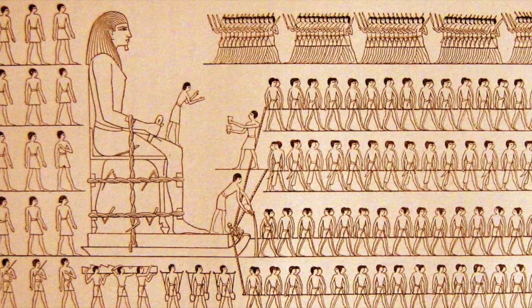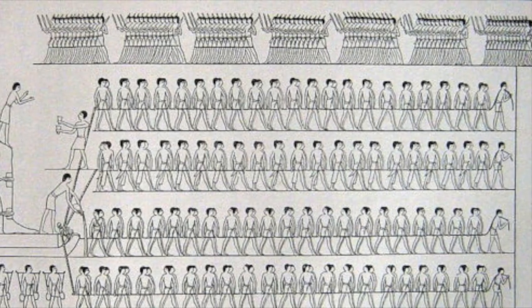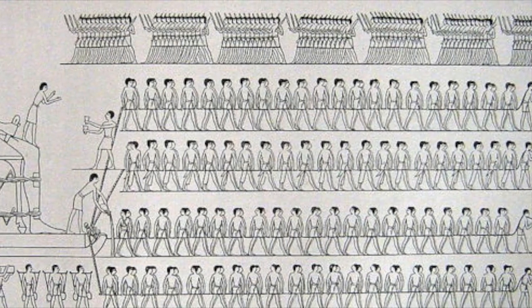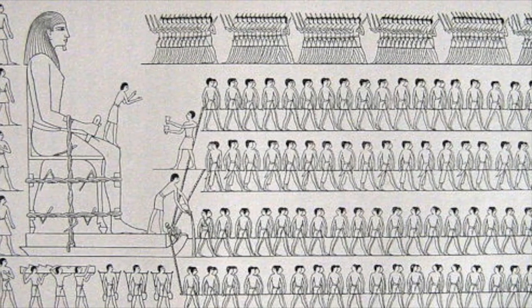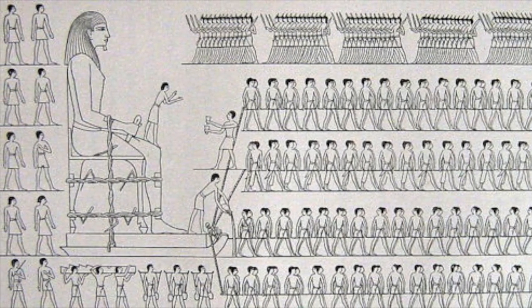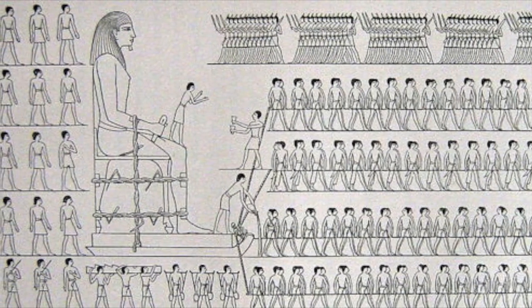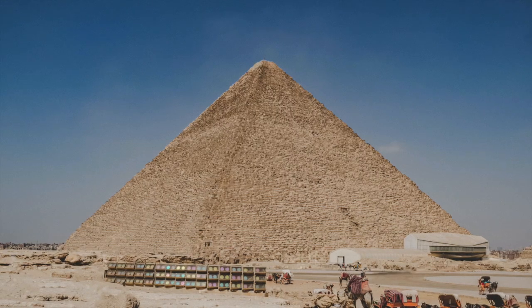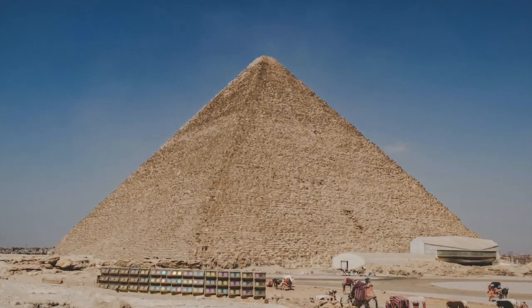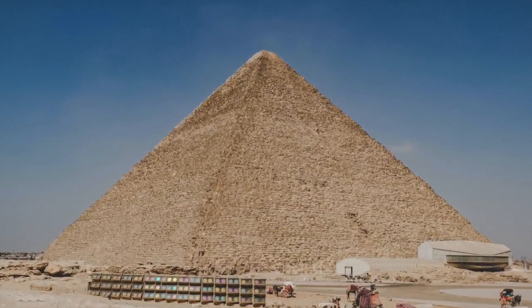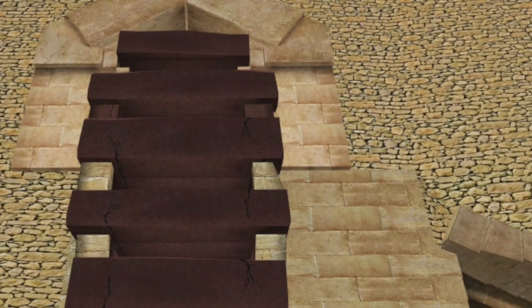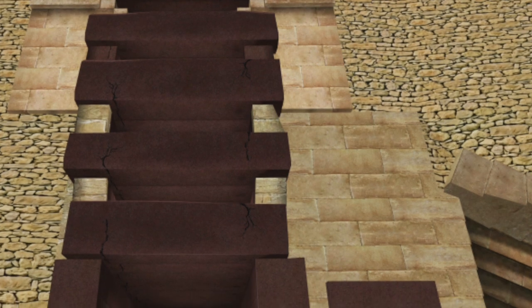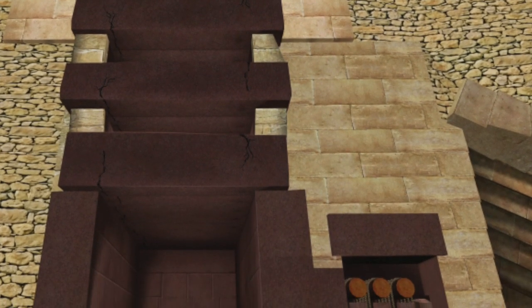Now, I think the point here is that it took 172 bodies to move a statue of a pharaoh that weighed approximately 58 tons. Remember as well that this statue is being moved across the ground. Here, in the case of the Great Pyramid, we have granite blocks being even heavier than the Djehutihotep statue, but also with the added challenge of needing to be lifted 43 meters off the ground. When you lay it out like that, it doesn't bear thinking about.